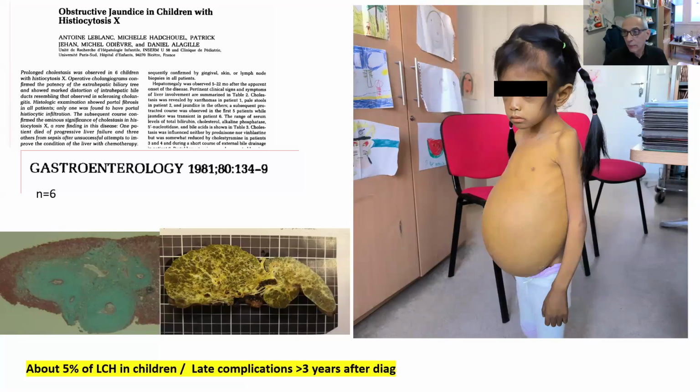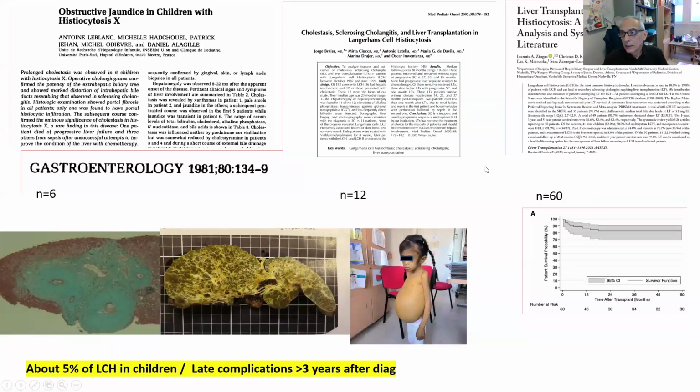And of course, we have faced children with such a massive liver failure with a cirrhosis, ascites, and denutrition also, which is a part of the problem. And this subject was supported by the Argentinian group and Jorge Breyer, who reported about 20 years ago about 12 patients.